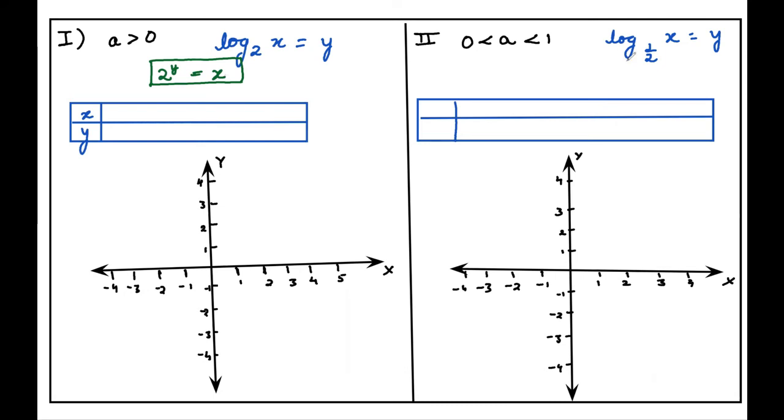So if you substitute y as 0, x is going to be 1. If you put y as 1, it is going to be 2. If you put minus 1, it is going to be half. If you put 2, it is going to be 4. Minus 2, then it is going to be 1 by 4. So let's plot these values. इतनी ही हम plot करके देख लेते हैं. तो 1 comma 0. So 1 comma 0 is this point. Then 2 comma 1. So 2 comma 1 is this point.